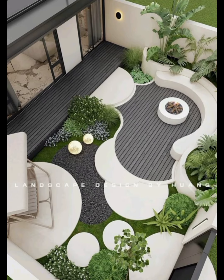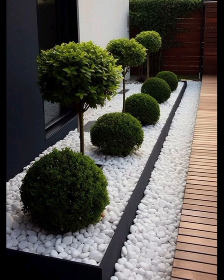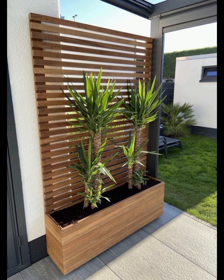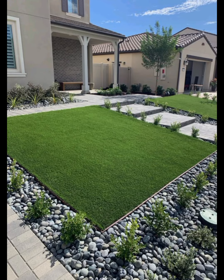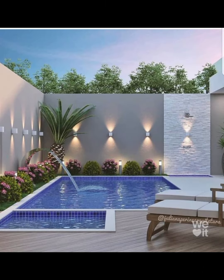Hardscaping. Incorporate hardscape elements like pathways, patios, walls, and decorative features. Use materials that complement your garden style. Focal points are those that include eye-catching focal points like sculptures, water features,